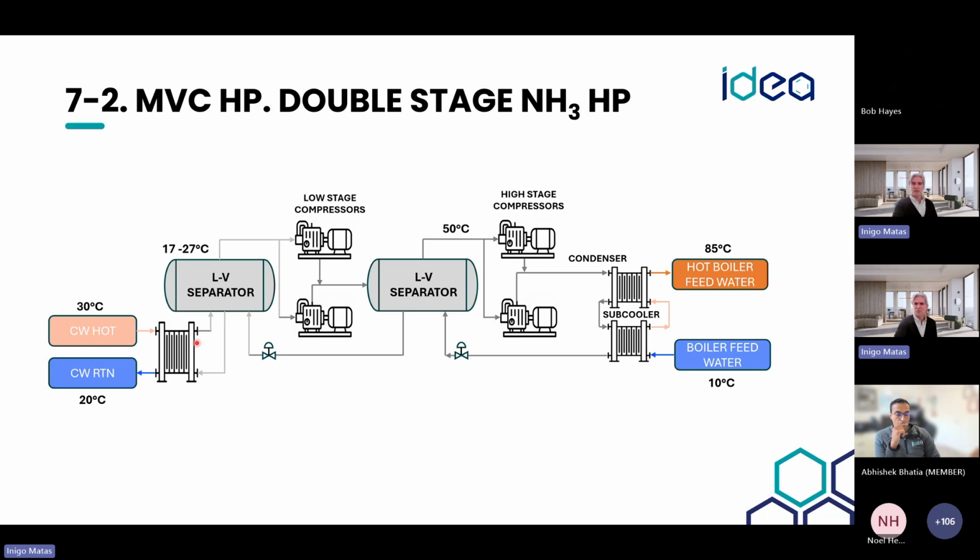So this is going to provide the energy to evaporate the liquid. Those vapors are going to be compressed. We have a second separator, and those vapors at higher pressure and temperature will go into the second stage of compression. Those vapors will go into this condenser, which is giving that energy. And there is even a subcooler, which is increasing further the COP of that heat pump and doing the first preheating of the cold water going into the system. So this is a very standard application and well implemented.